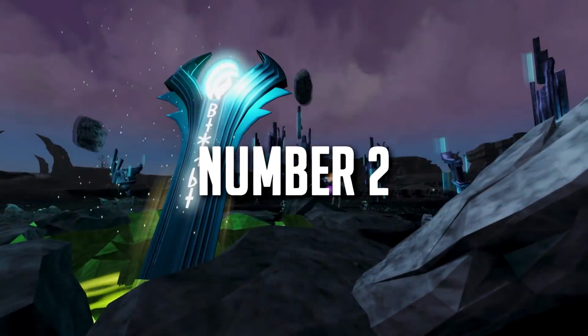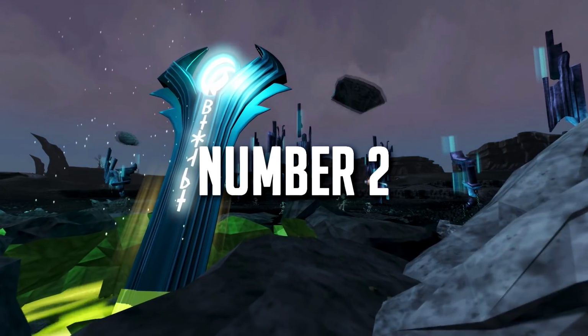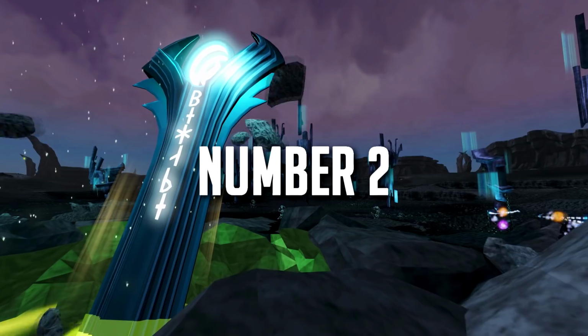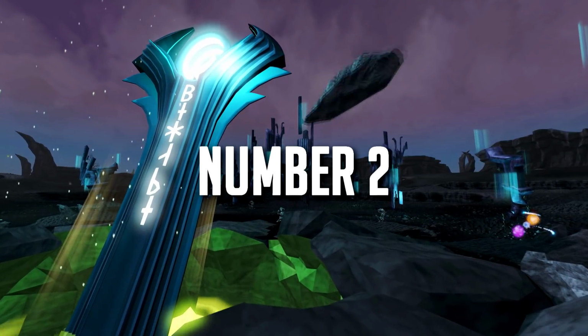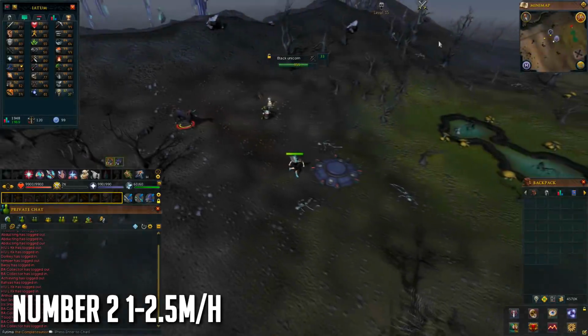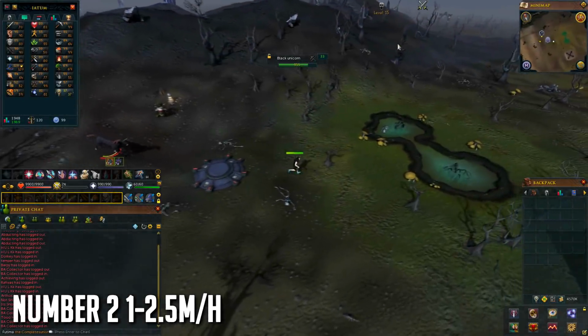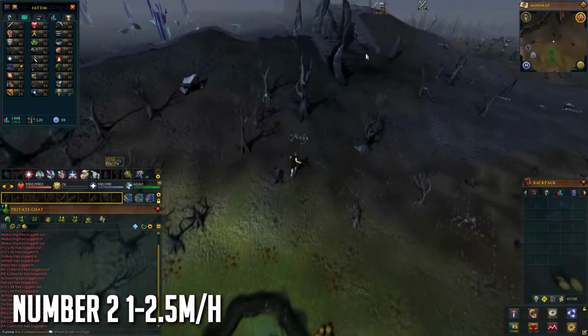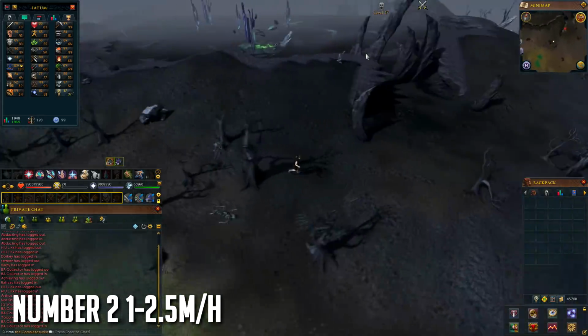Anyways, moving on. At number 2 we have the cursed energies, which are well known throughout the community as it's a very popular place to get PK'd and make money. You can do this method in free to play and pay to play, and it literally has no requirements. So if you're unsure on where to do the cursed energies, you just go to the wilderness lodestone and then go to the wilderness volcano where bounty hunter used to be a long time ago, and the cursed energies are